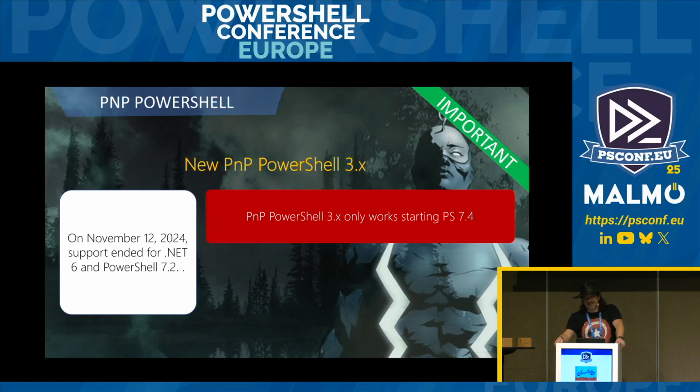The new PnP PowerShell only works on 7.4. It's 7.4 right now, 7.4.6 when it was released. One thing that was kind of interesting yesterday, I did a session on the Azure Runbooks. In the Azure Runbooks, the baseline of the runbooks is 7.2, and you can't have 7.4 from Microsoft unless you do some tweaking